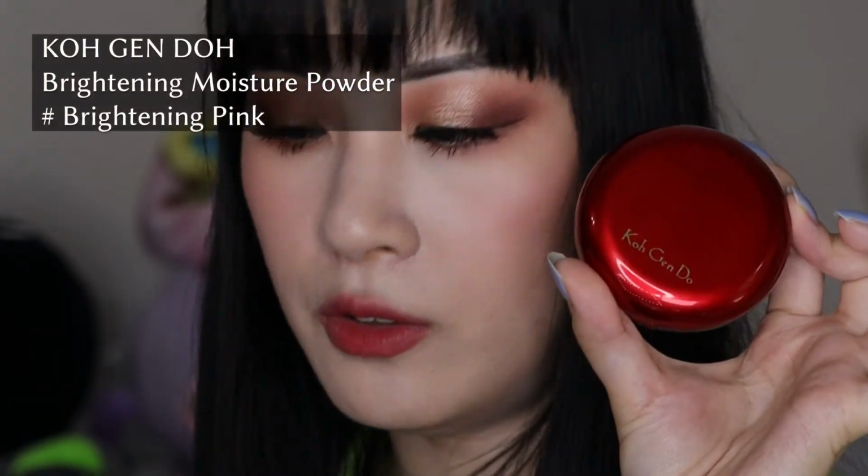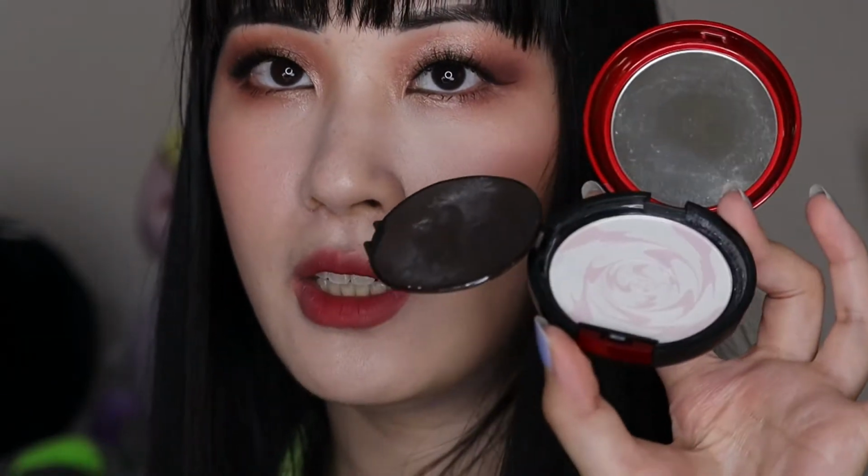Now, you guys have seen me use Brightening Beige for years at this point, and I have made a pretty significant dent into the pan. And I love this. If I ever were to run out of this, I would absolutely go rebuy this, but I recently got my hands on the Brightening Pink, and I had really high hopes for this, but I'm very disappointed. First off, it is